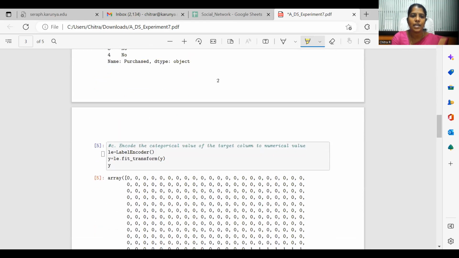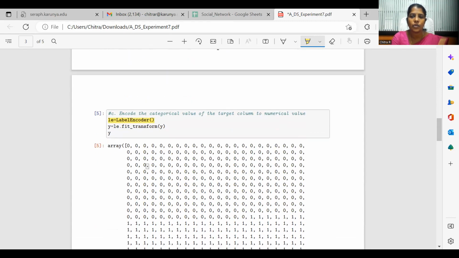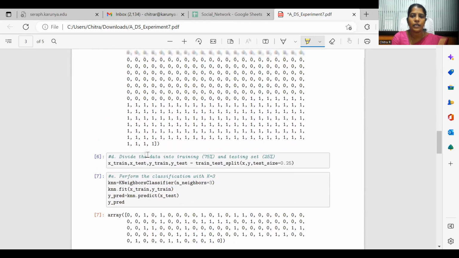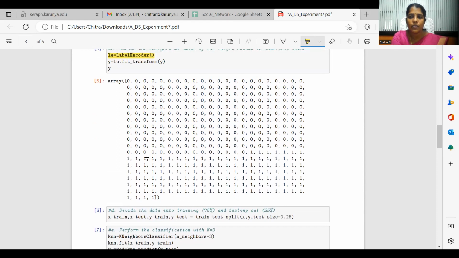Again, I use this label encoder function to convert the yes or no into zeros and ones. After transforming, the output contains zeros and ones only. In this supervised learning algorithm, training and testing play a major role, so we should import train and test also. I am using 75% of the data for training and 25% for testing. This function is called train_test_split, and the test size is 0.25,